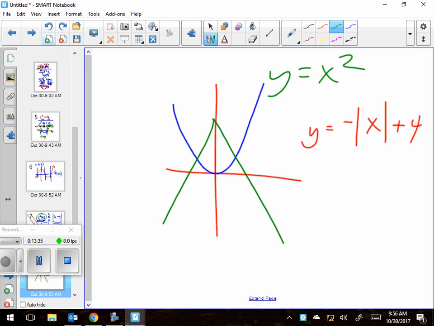Raise your hand if you had something like that. Okay, good. Would you agree that there are some places where the parabola is higher than the absolute value? Like if I pick this moment right here, at x equals, let's say, -3 or whatever that is, the green one is way lower than the blue one. So the absolute value is under the parabola